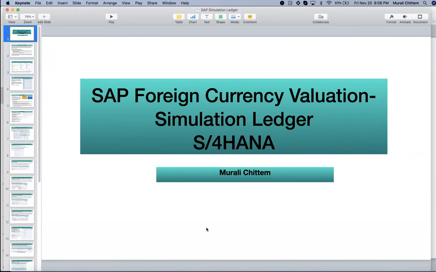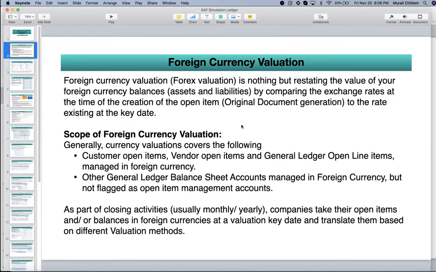So everybody is aware of the purpose of foreign currency valuation. Normally we call it forex valuation. Is anybody expecting me to explain anything about foreign currency valuation? Since everybody is working on it or has already worked on it, I would just like to give a brief explanation.